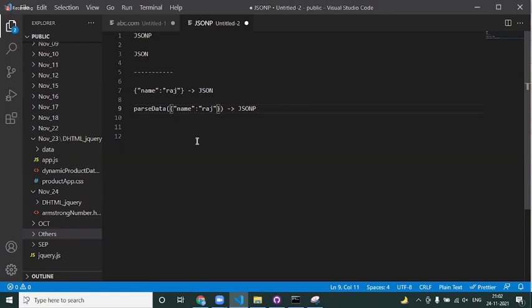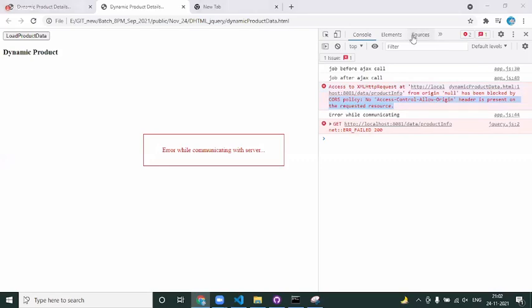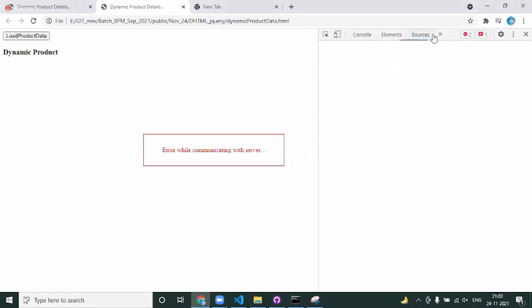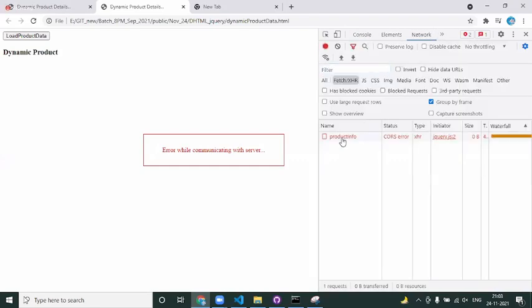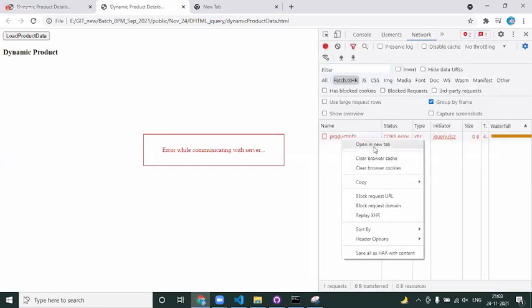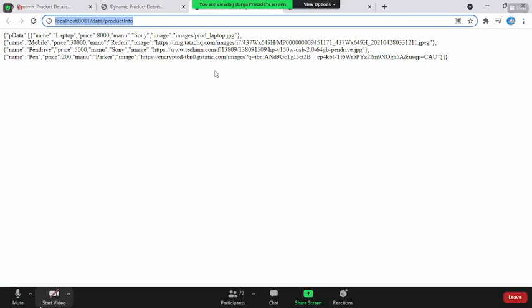Okay, super fine. Now, till now, when I'm hitting this web service, where is our web service? You go into the network tab. Under the network tab, it is easy for you to get that, right? This is the web service you are hitting. Now open in a tab. This is the web service you are hitting, and you're getting a response. You tell me, is the response in JSON format or JSON-P format? JSON format. Directly an object. There is nothing like a parameter.